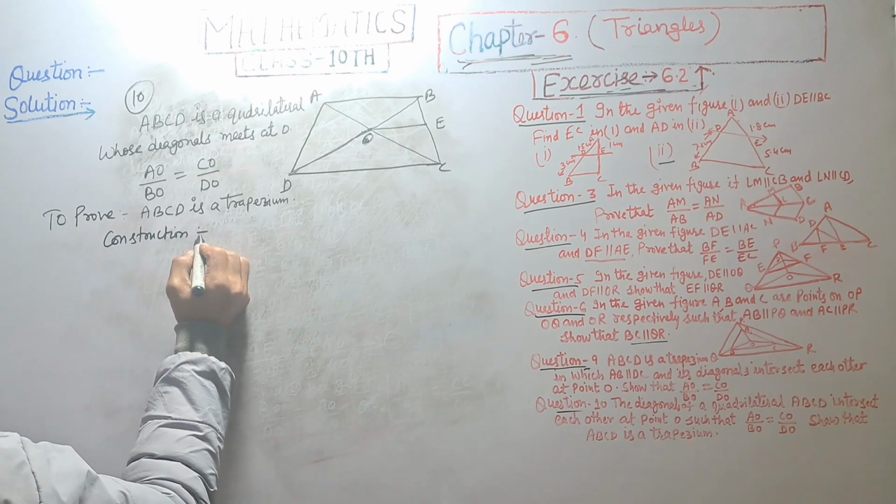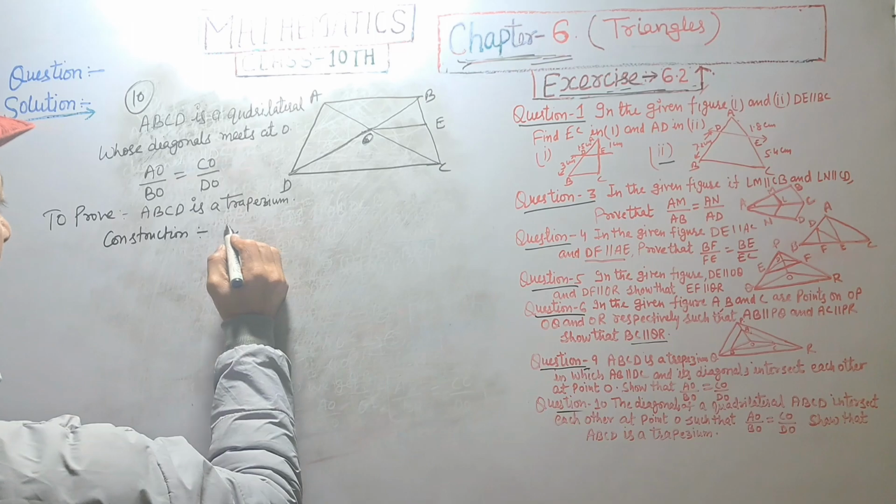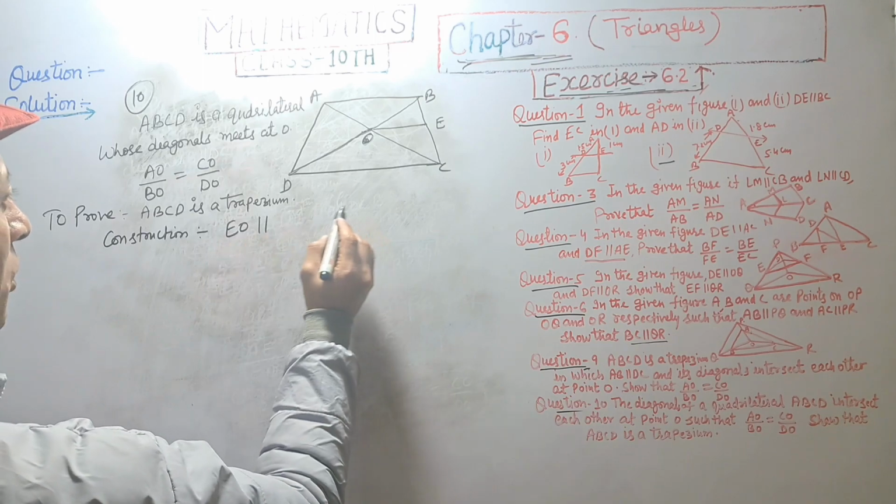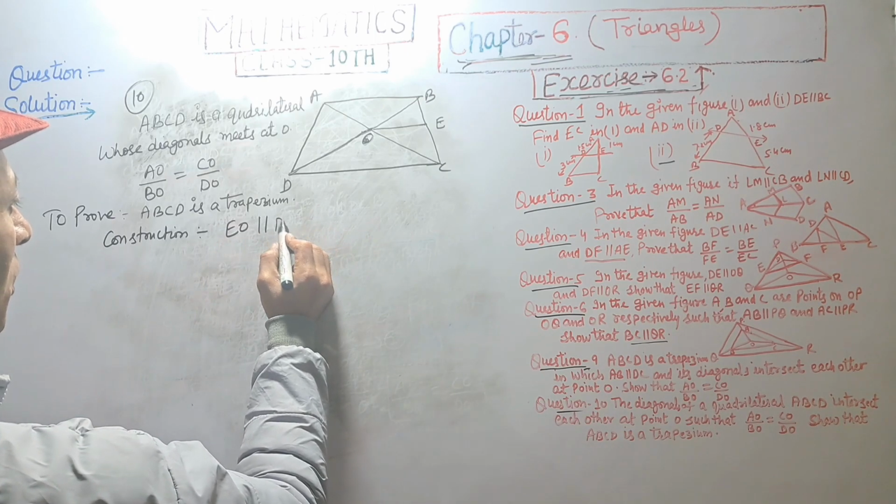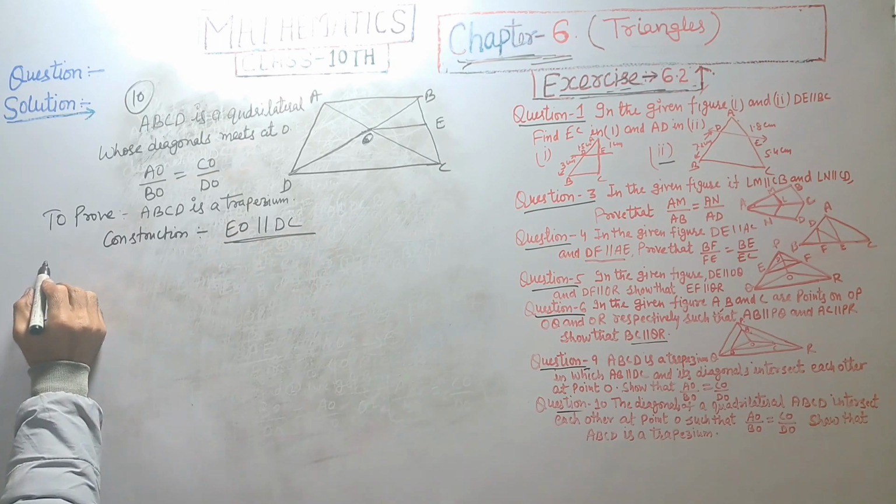Construction: EO is parallel to DC. Proof: